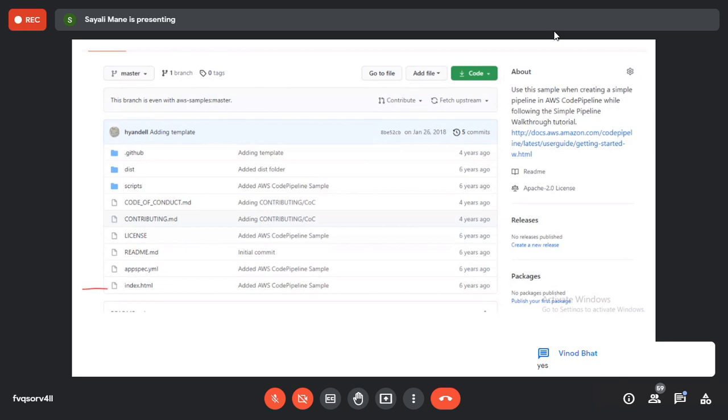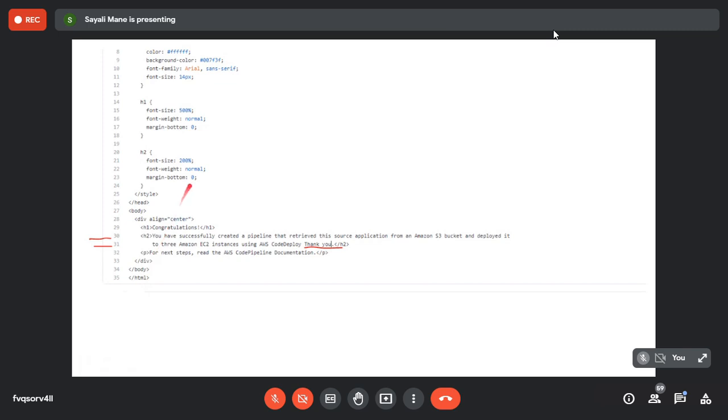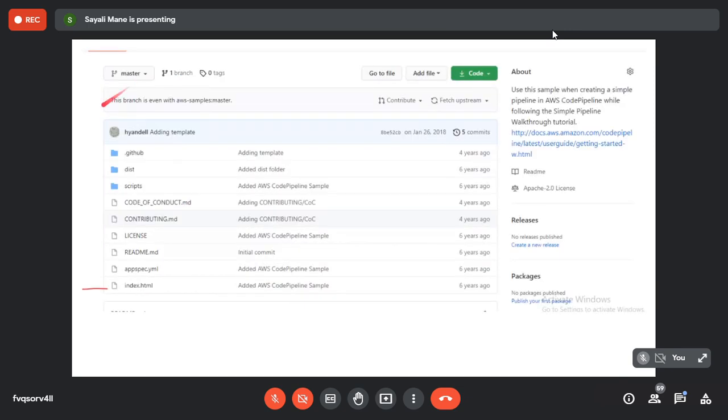Now open the index.html file. You will see the HTML code. Which file should we open? See, this one, index.html only, the one which I have highlighted.